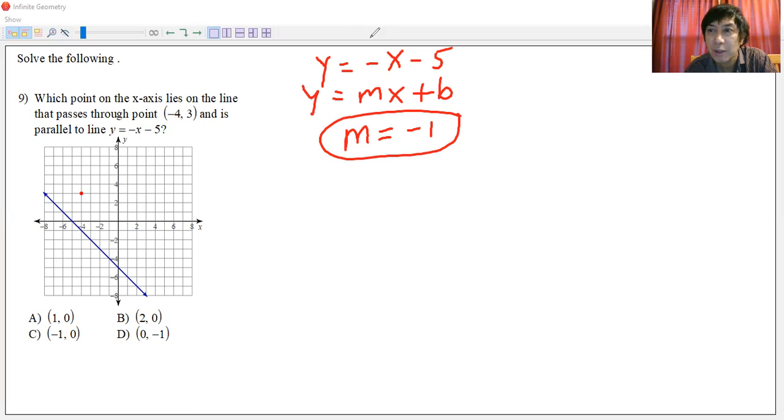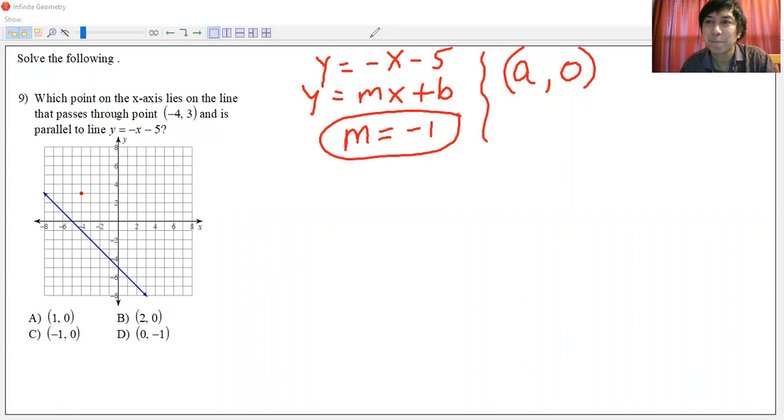So we can use the suggestion, a point on the x-axis. So that point must be something like A0. Remember, all the points in the x-axis have a 0 y value. So we're sure it is a point with some value x, comma, 0.